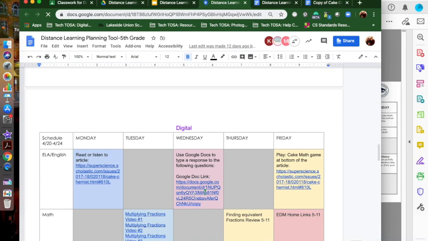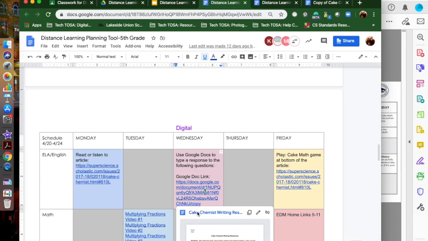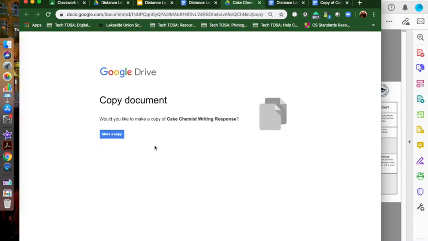When I click on the Google Doc link, you don't just want to copy the link, you want to actually click on it and go there, because when you do, you're able to make a copy for yourself because that document is for everybody in the district. So now you want to make a copy,